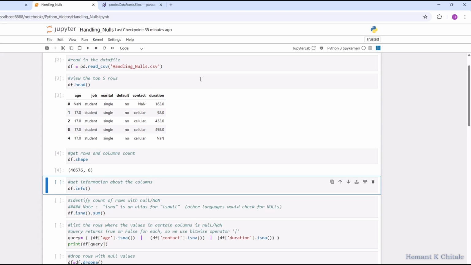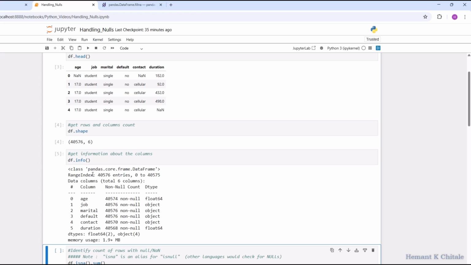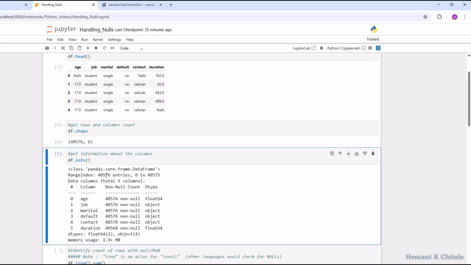Okay, so now let's look at the shape of this data frame. 40,576 rows with 6 columns, which is correct. The 0, 1, 2, 3, 4 are the indexes, and these are the columns. Let's look at information about the columns. So again, we know that the total number of rows is 40,576, but